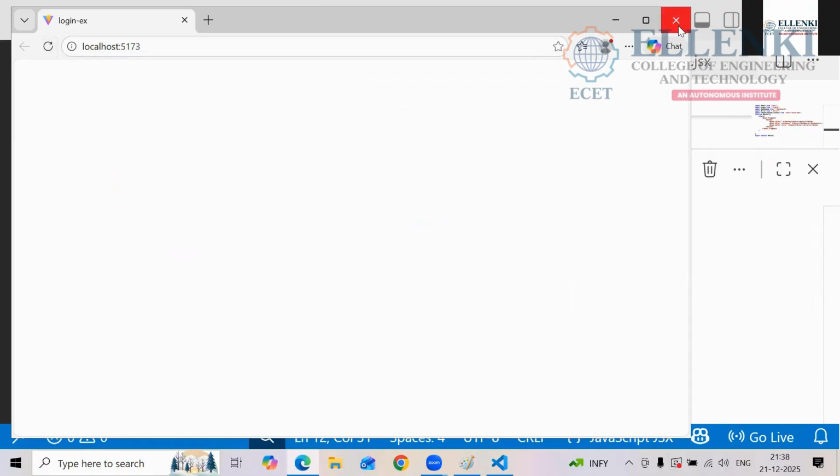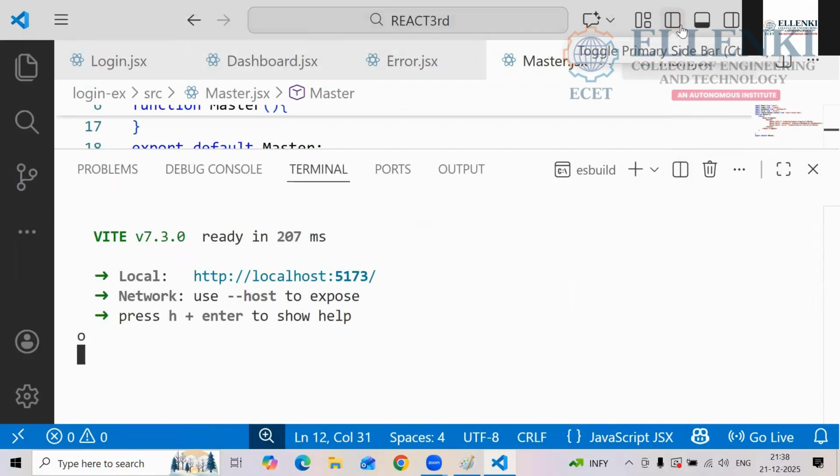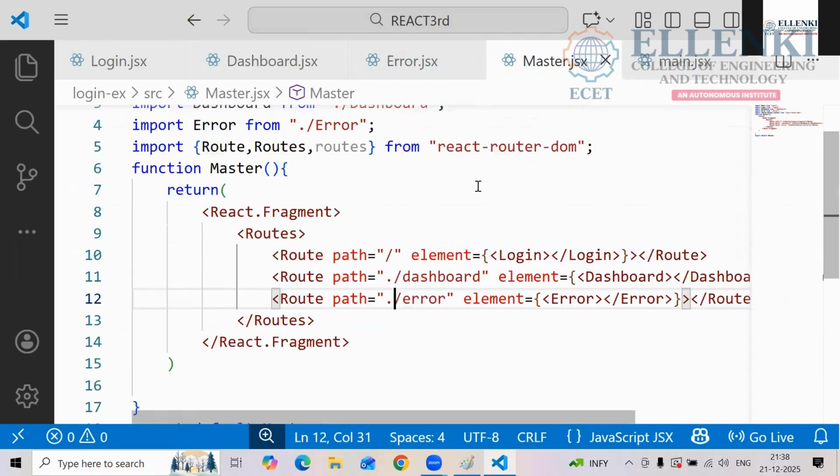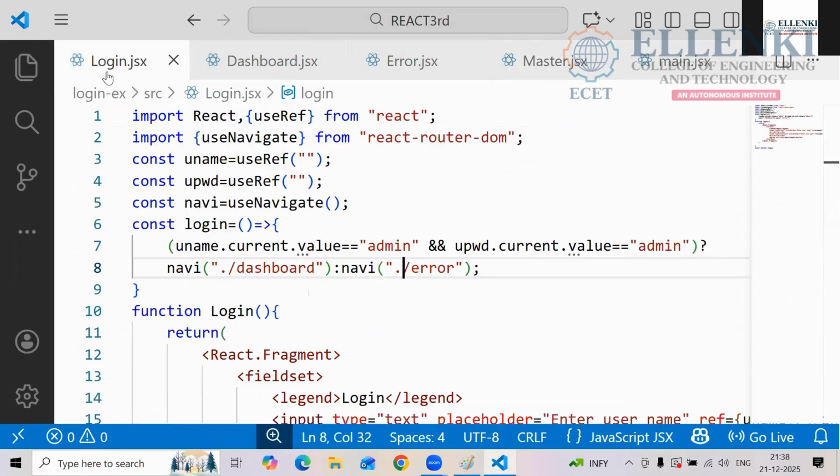So the program was not correct. Program is correct only, but where we didn't get it, where we made the mistake, I will check. Up to that, you can write that one. Okay, make it fast. Write this one, I will check it now. Don't make noise. Do your work.